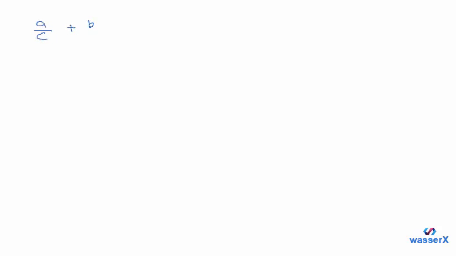plus b times d, written as bd over c. Now these are two fractions. The common denominator, as you see over here, is c. Therefore, we add them with c as the common denominator, and on the top we add the numerators a plus bd. Similarly, if you were to do the subtraction 2m over n